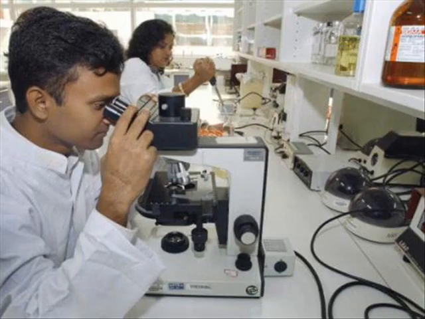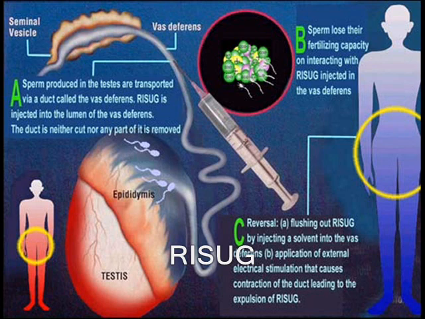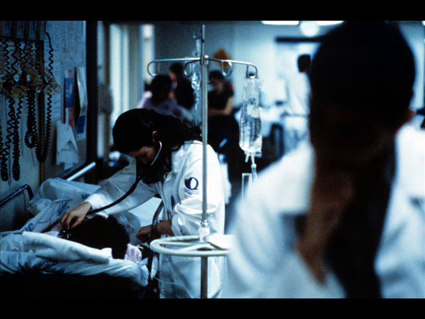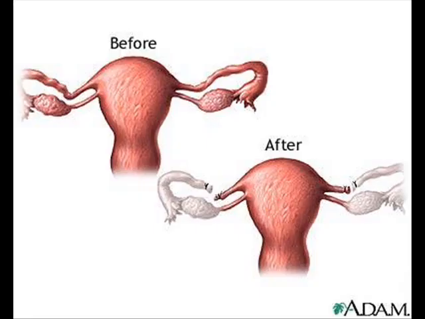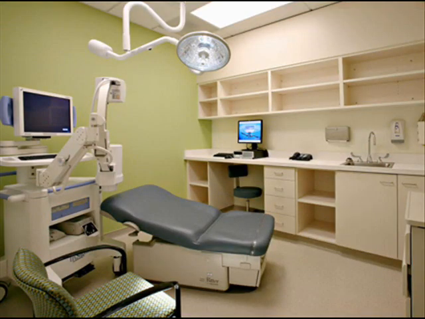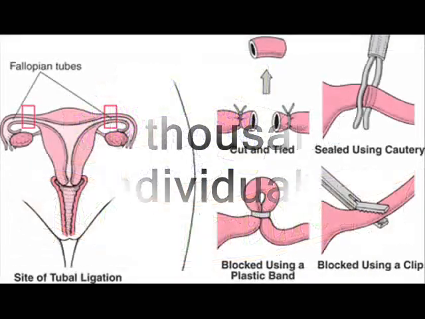Indian scientists have invented a birth control injection for men that has been 100% effective and works up to 10 years. The injection is called RISUG, short for Reversible Inhibition of Sperm Under Guidance. The polymer that is injected kills all sperm on contact and prevents new sperm from arising. Indian health officials have decided to offer cars, motorcycles, and televisions in exchange for sterilization. The Chief Medical Officer of Rajasthan, Sharma, hoped that about 30,000 individuals will volunteer to undergo sterilization in attempts to control the Indian population.